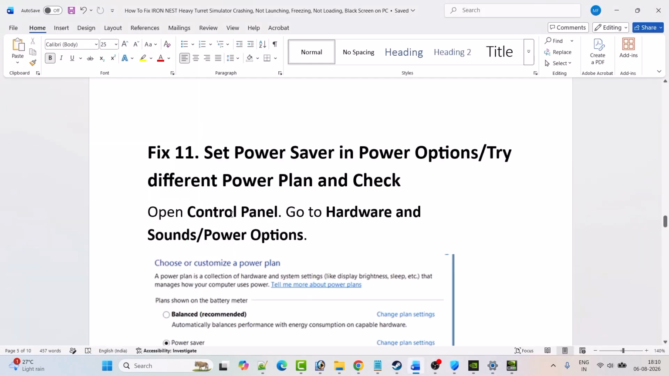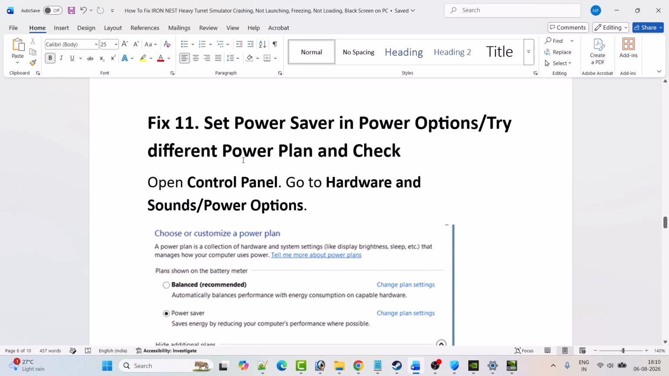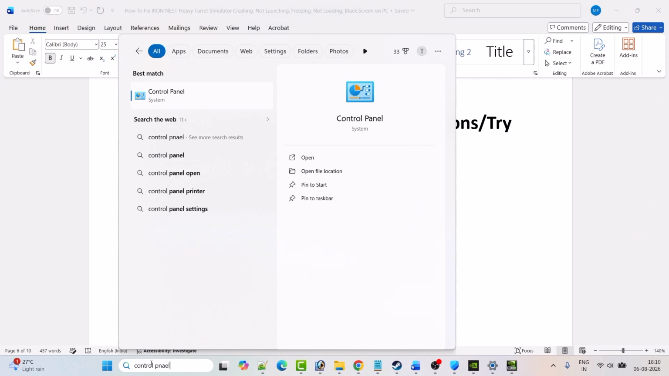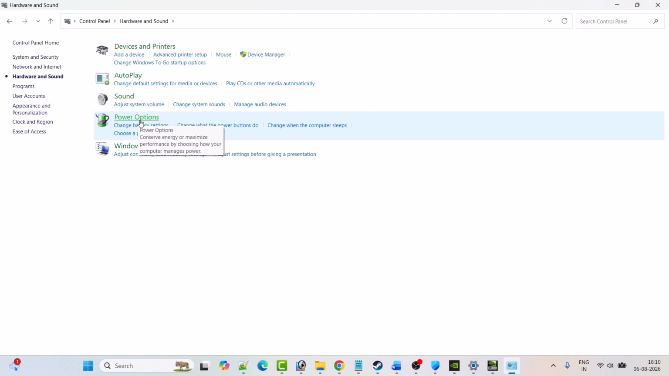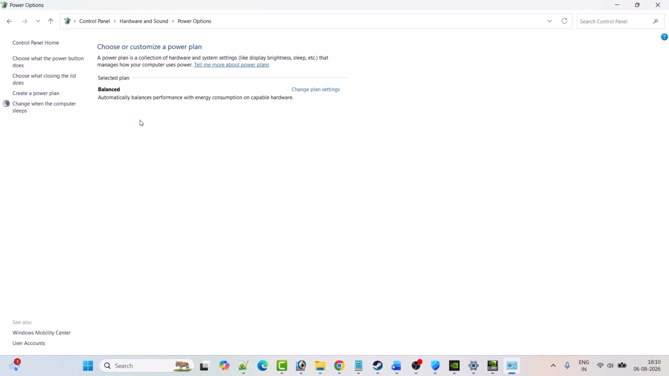Fix 11 is to set power saver in power options, or you can also try a different power plan and check. So in Windows search, type control panel and open the control panel. Click on hardware and sound. Click on power options. Now in my PC, it is only showing the balanced option, but in your PC, if it